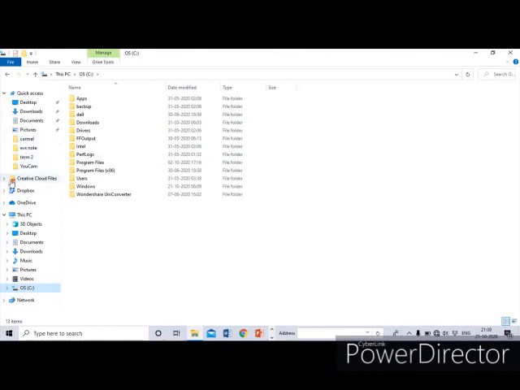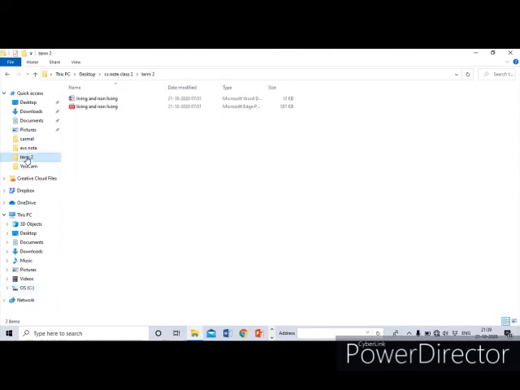And when I click term 2, this is a folder present in the left pane, and the files inside this folder term 2 are present in the right pane. We cannot see any files in the left pane.